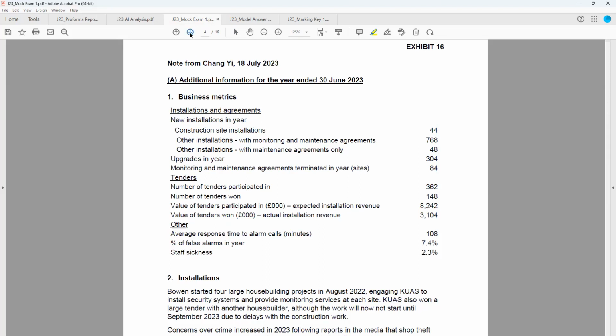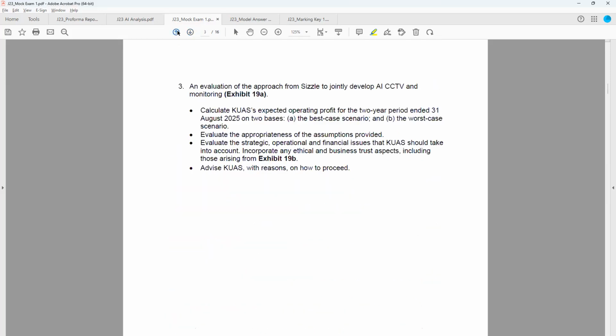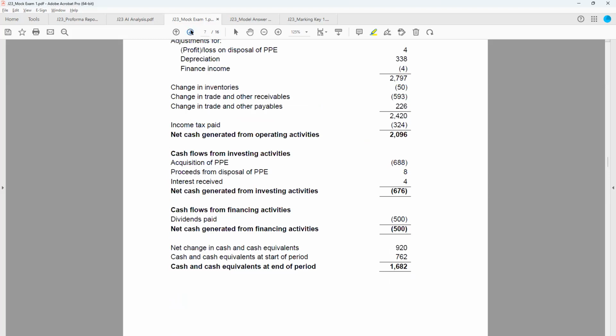So once I've firstly thought about what the marking key will look like, and therefore what my headings will be on my report, and I've got a bit of an idea as to how much I'm going to include for each section, I like to work through the numbers, and as I've explained before in previous classes, I personally like to do it kind of one section at a time. So I'll start with revenue and I'll do my revenue numbers, write up my revenue section, and then move on and do my gross profit section, and then do my operating profit section. So of course,